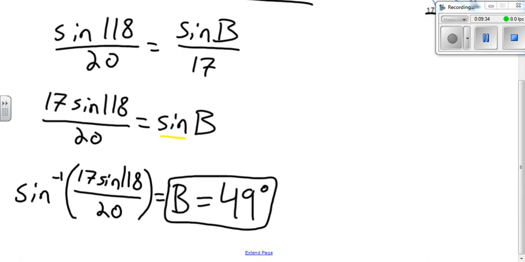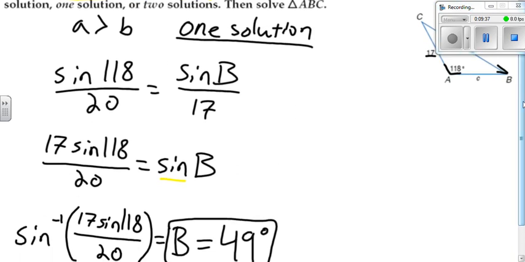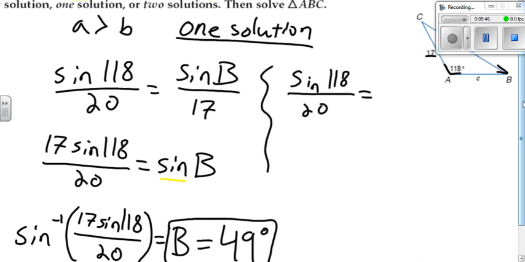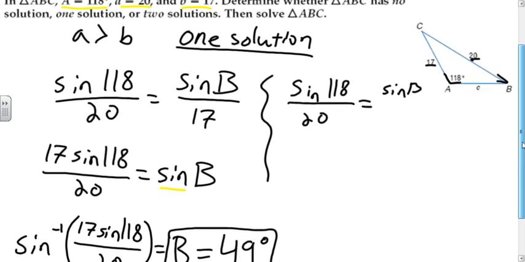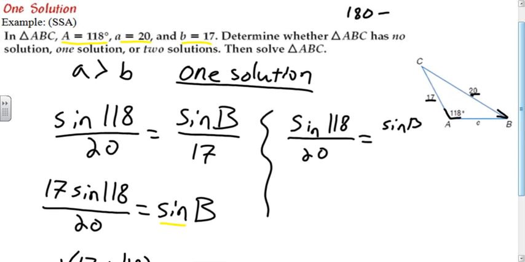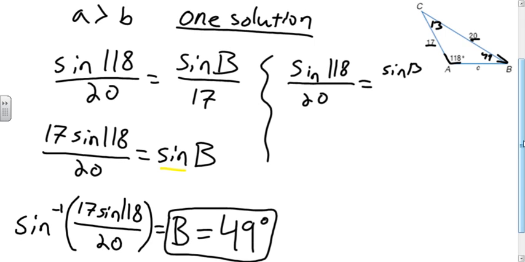Similarly, if we want to solve for our c, start up here and we'd say sine of 118 over 20, again, equals sine of 13. And how I got 13 was if we had 180 degrees in a triangle minus 118 minus 49, so minus these two angles here, we'd be left with 13. So 13 is our final angle there. So sine of 13